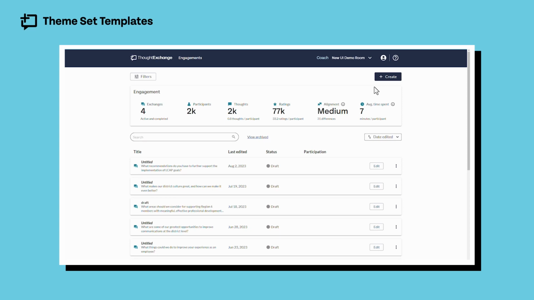Theme set templates allow you to create custom themes built around keywords that you specify and automatically sort thoughts from your exchanges into them. Theme set templates make theming faster, more accurate, more consistent across exchanges, and fully customized to your exchanges in your organization. Once created, theme set templates can be applied to any and all exchanges that you create with just a few